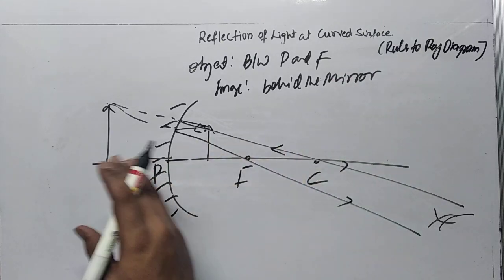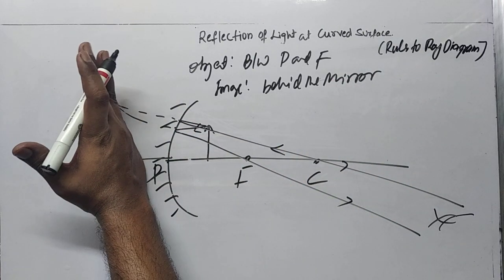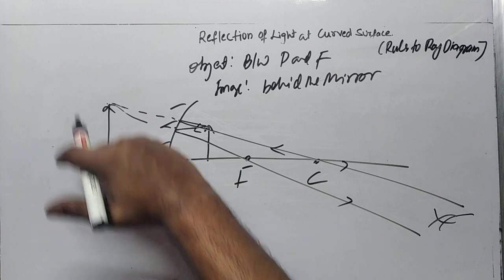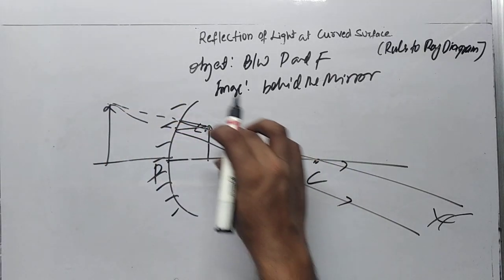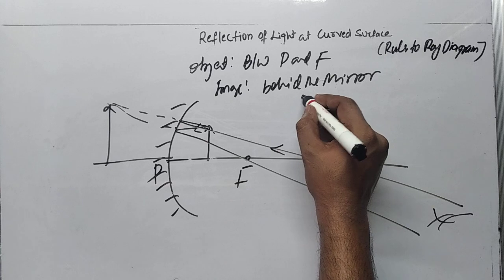You can see that the image is again at the same position, not inverted. Okay, so it is in the same position. We can say whether it is small or big. So we got enlarged.